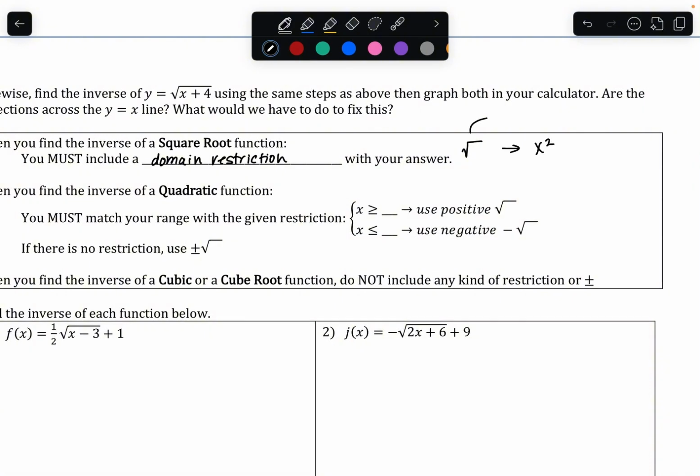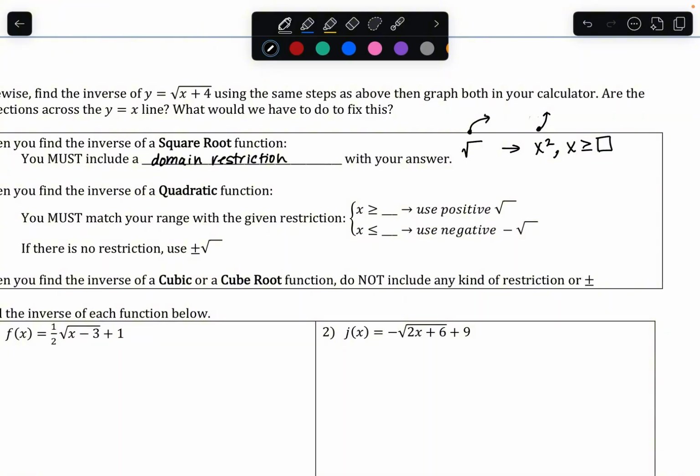And so a positive square root looks like this. A quadratic looks like this. And so what you're going to do is restrict the domain to only be the right half. And so that way you are just getting rid of the extra part,